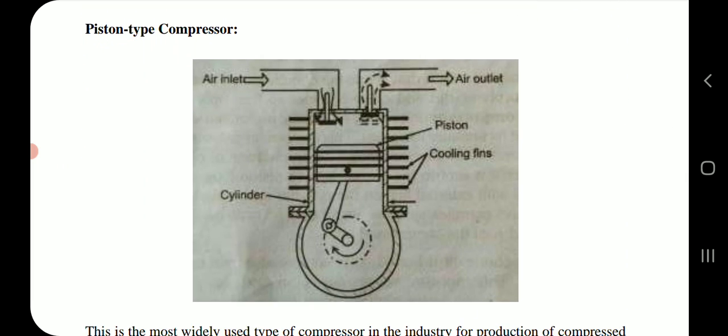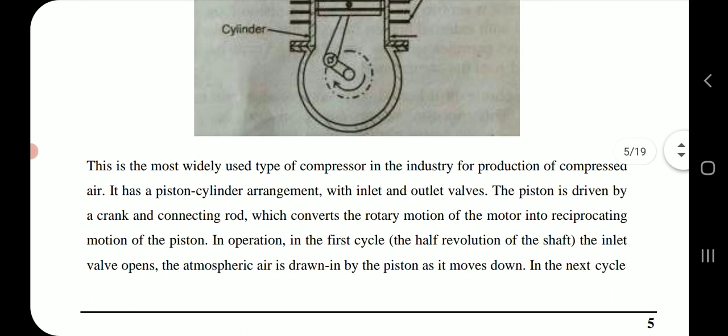Piston type compressor: air inlet, air outlet, piston, cooling fins, and cylinder. This is the most widely used type of compressor in the industry for production of compressed air. It has a piston cylinder arrangement with inlet and outlet valves. The piston is driven by a crank and connecting rod, which converts the rotary motion of the motor into reciprocating